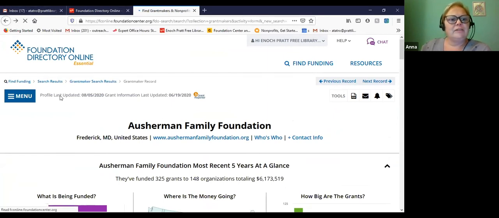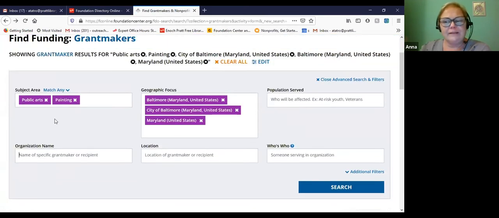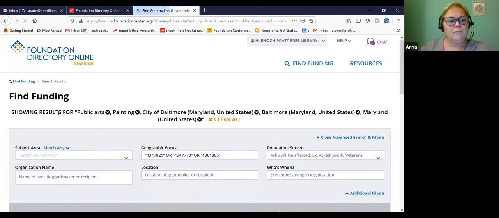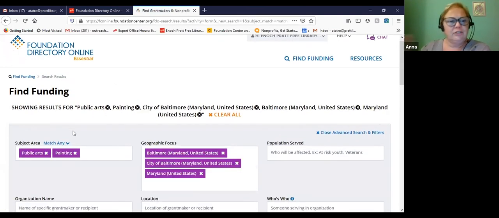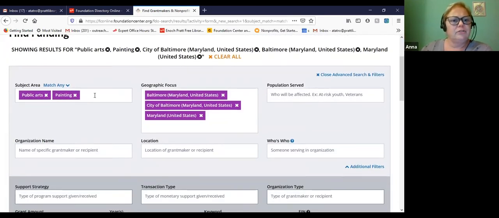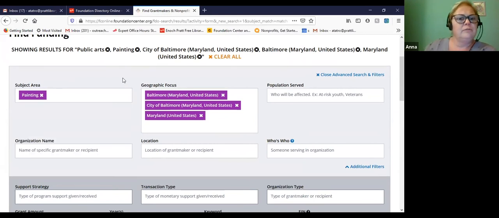I'm going to go back to the search results because I want to show you some other ways that you can narrow your search or build it out. Because that's the main thing. Once you know what's in these boxes, you guys are going to be able to do your own searches. You know what you're looking for better than I do. I'm going to throw in arts and culture here, though, just to get a bigger set so that when I do what I'm doing, it won't